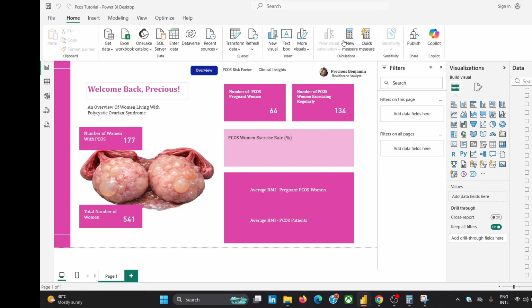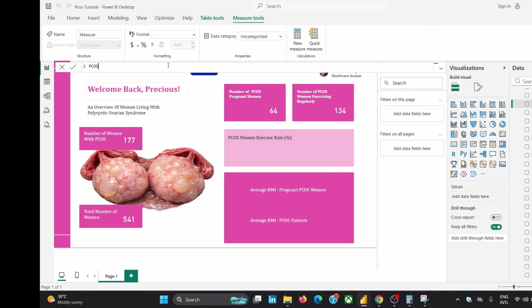So we just have to go ahead and create a new measure for this, women exercise rates. We are going to be dividing the number of women with the condition that exercise regularly,